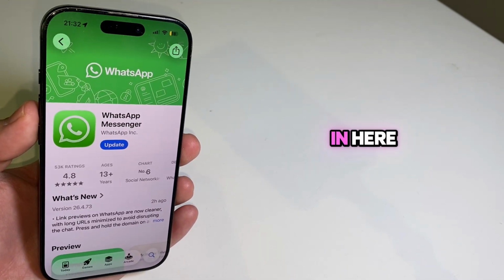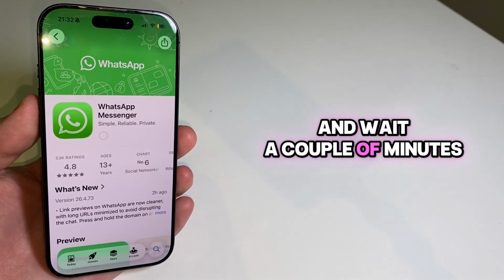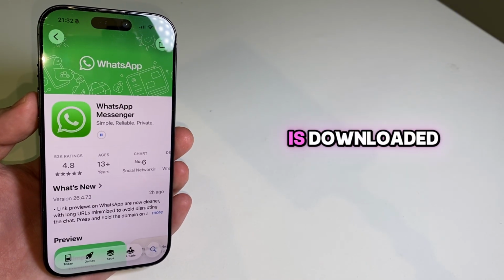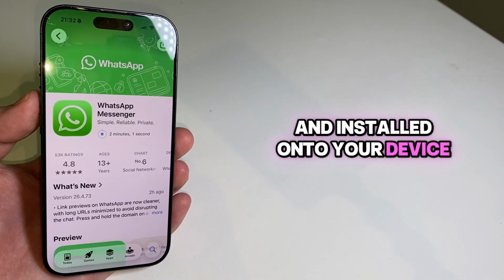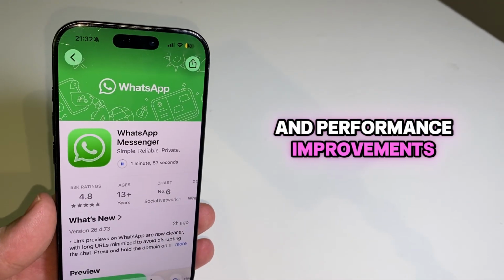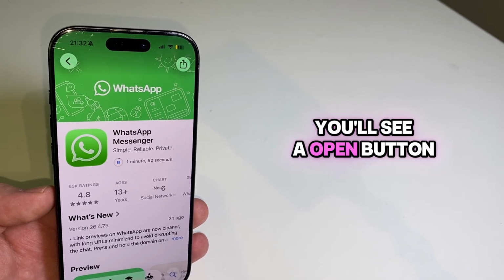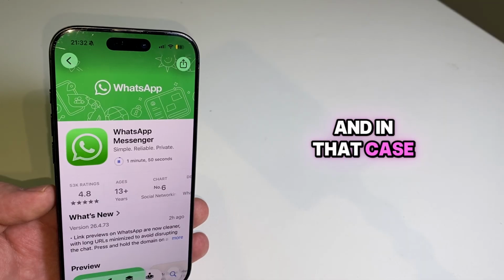When you open the app in here, it should have a little update button, so just tap on it and wait a couple of minutes until the latest version of WhatsApp is downloaded and installed onto your device. This will ensure that you have the latest bug fixes and performance improvements. But if your app is already updated, you'll see an Open button, and in that case, let's go over to